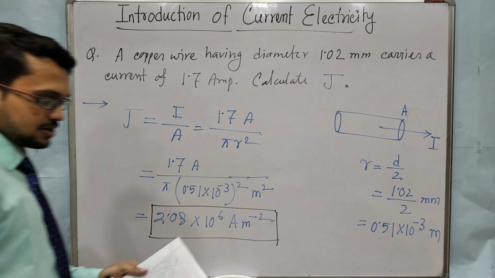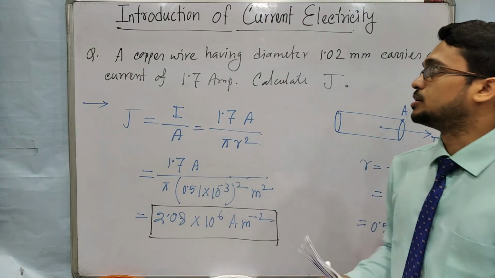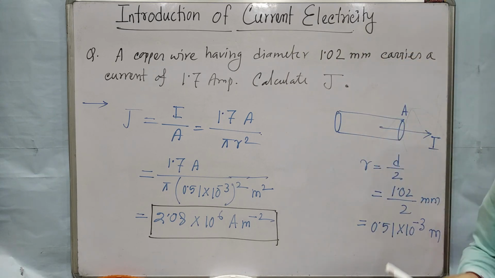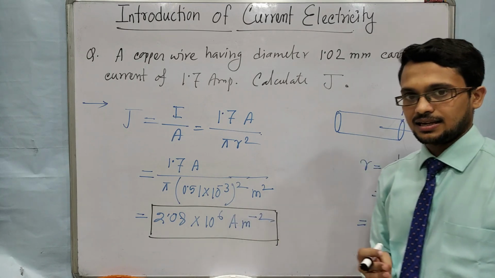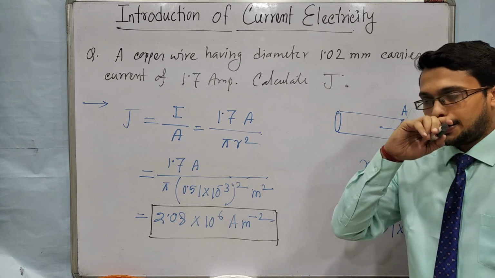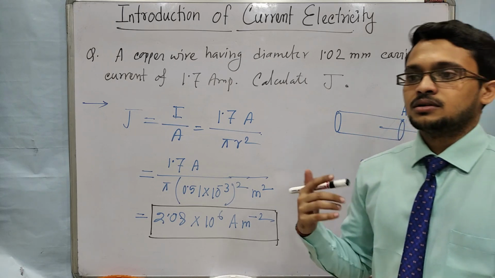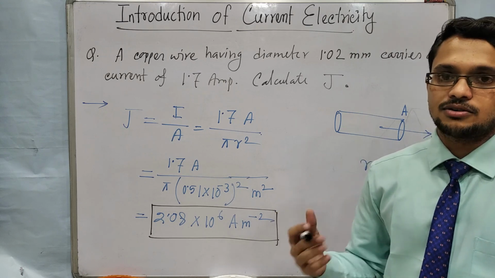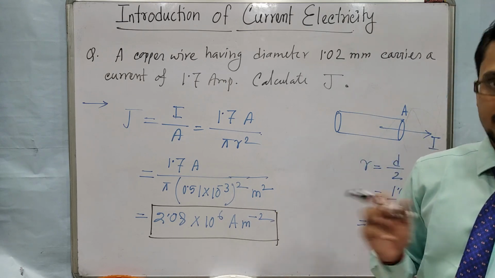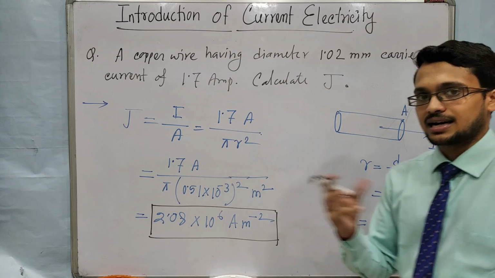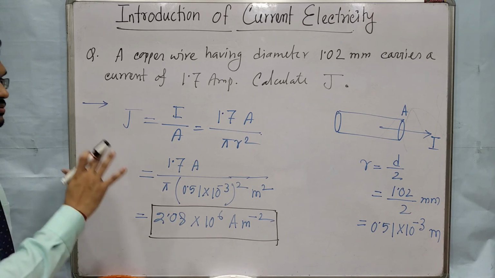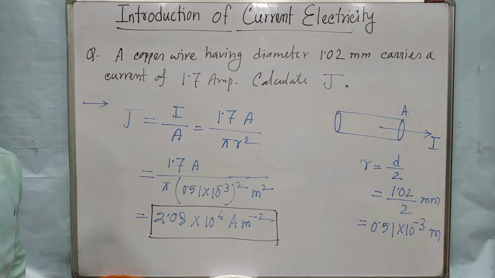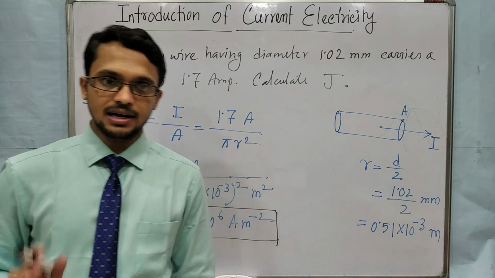So this is our introduction lecture about current electricity. Many things you know, you have read in class 9 and 10, and few things you don't know, like current density, conductivity, translatory motion of charge, current due to translatory motion, current due to rotatory motion, and the relation between current density and electric field. Those things you don't know. So watch this lecture and note down the points that you don't know. Okay, clear?